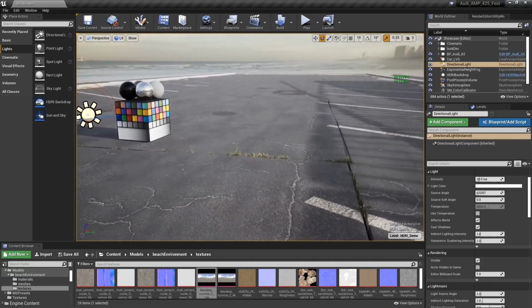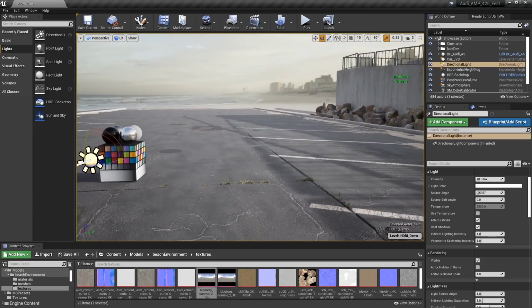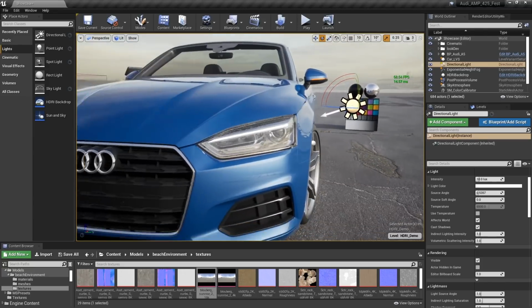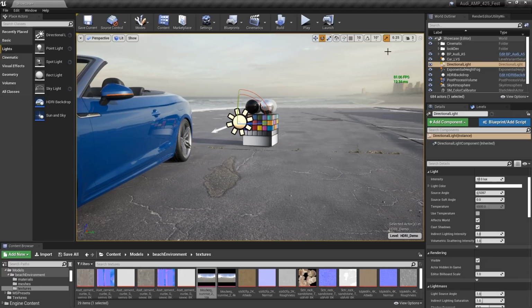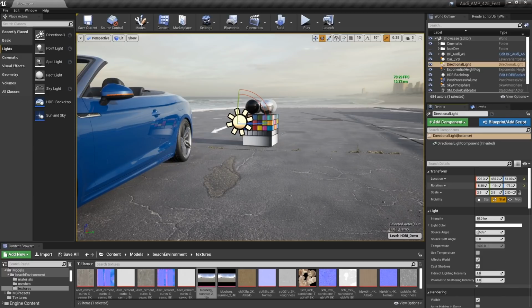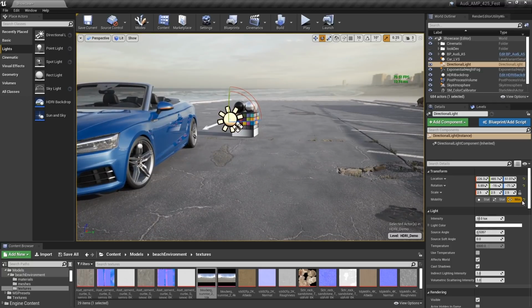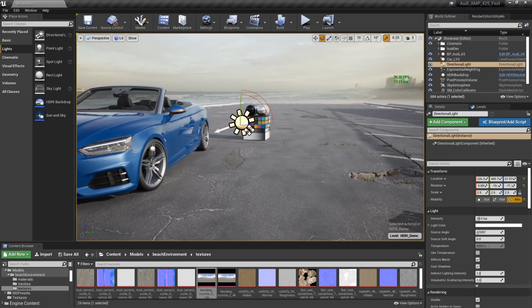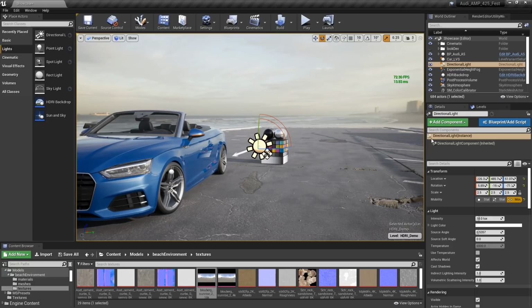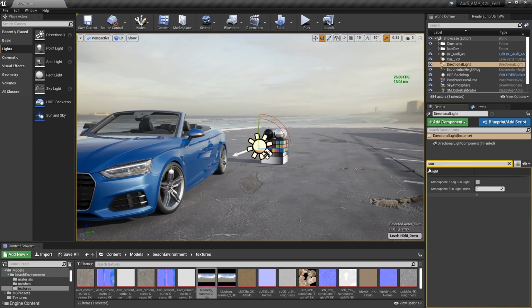So we've got this light coming across here. Now the next thing that I'm going to do is start to change a few attributes on this light. So number 1, we're going to want to go ahead and set it to movable. And we're also going to come in here and turn on a few things. There's an atmosphere already in my scene, you can see the sky atmosphere. I want that sunlight to get affected by that. I want its color to be driven by that.